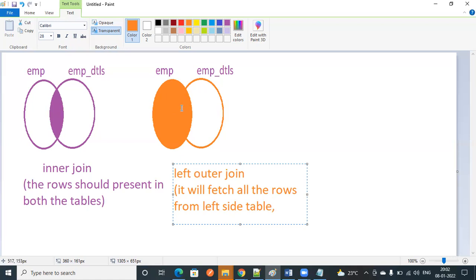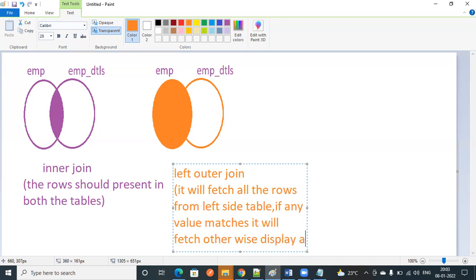If any key is matching, then it will fetch from the right side, otherwise it will display as null.